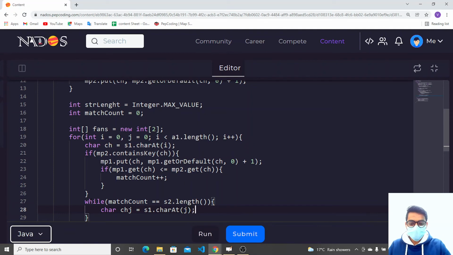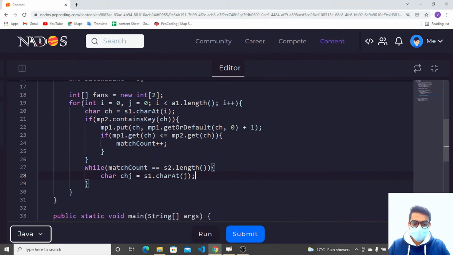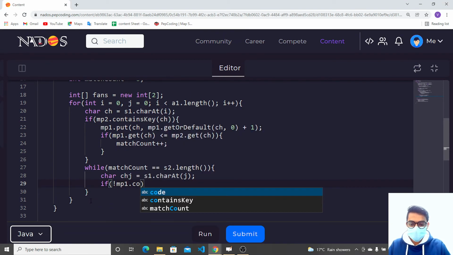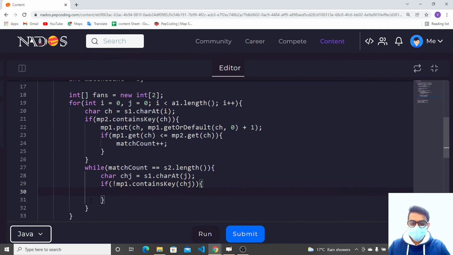Yes, it is present at the jth index. After that, if map1.containsKey(chj) is not present, then we are not going to do anything. If it is present, then we are saying map1